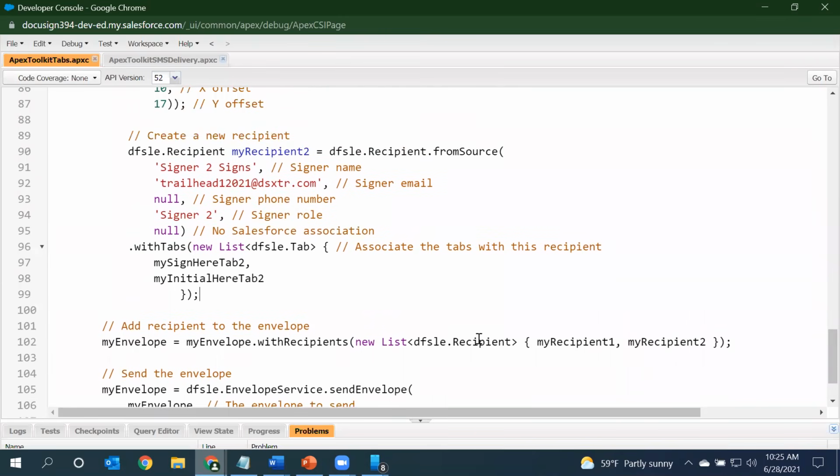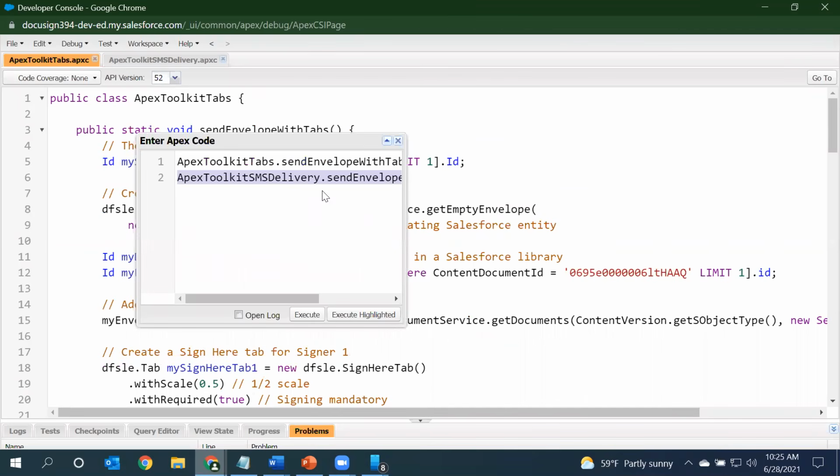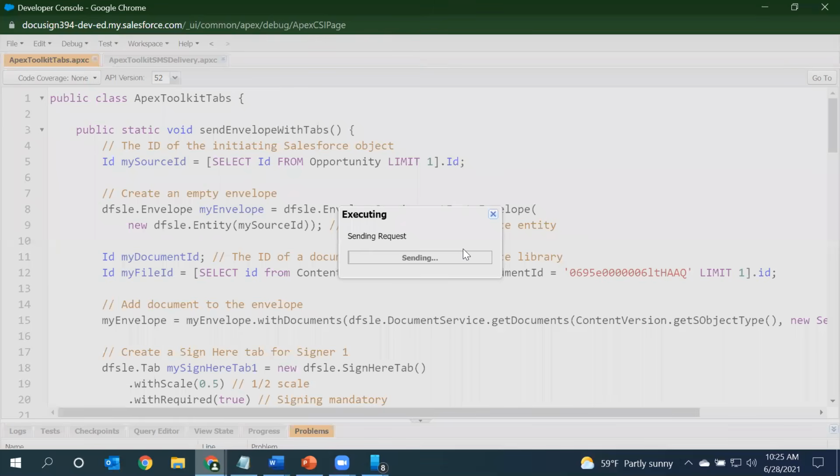Let's invoke this Apex using our anonymous context and see how this transaction works with respect to signing. So I'm going to select my with send envelope with tabs method and execute highlighted operation.